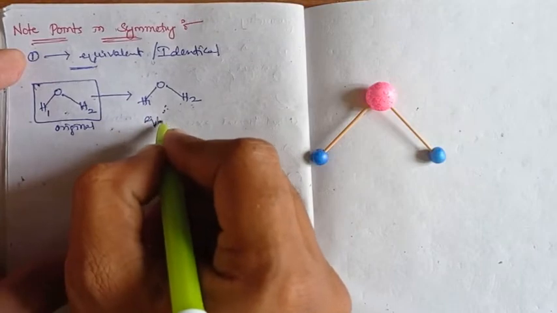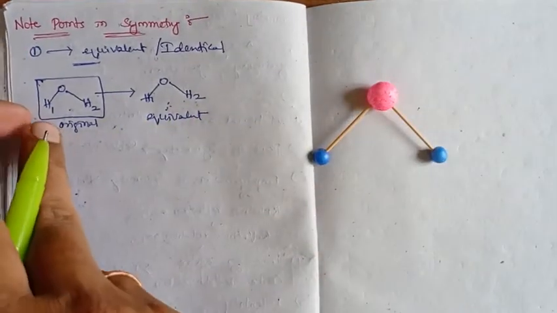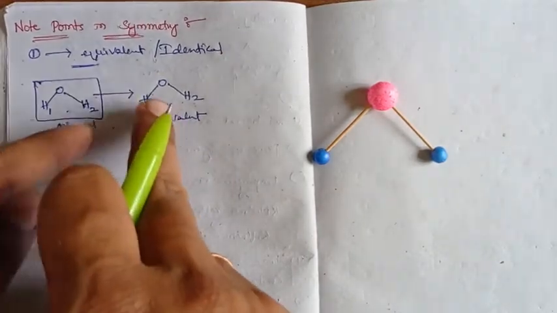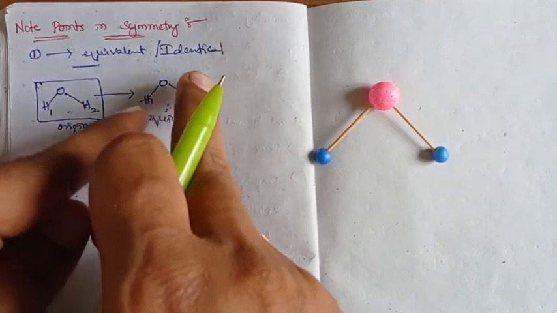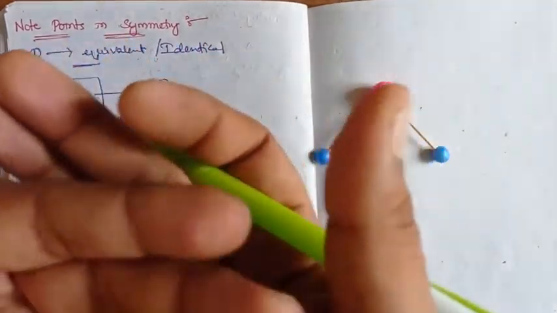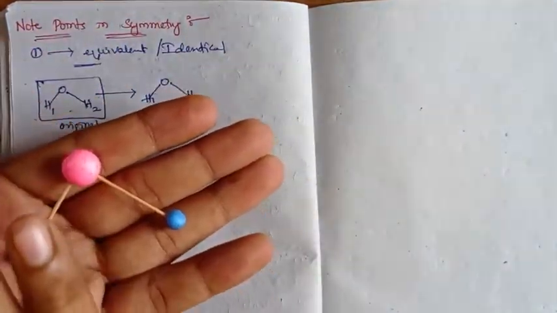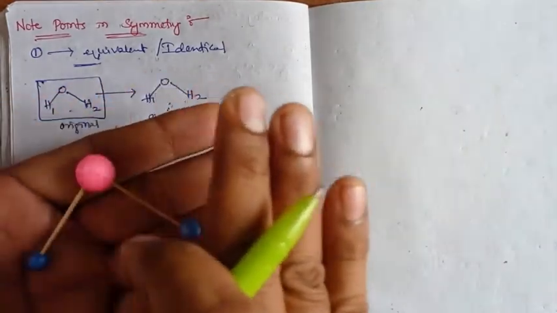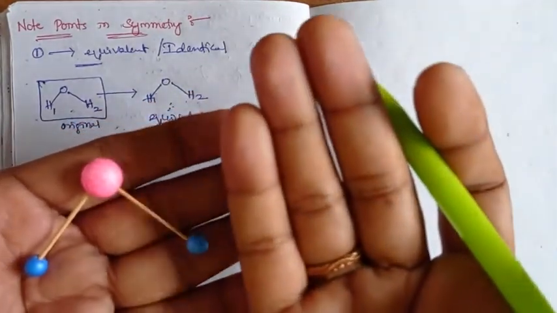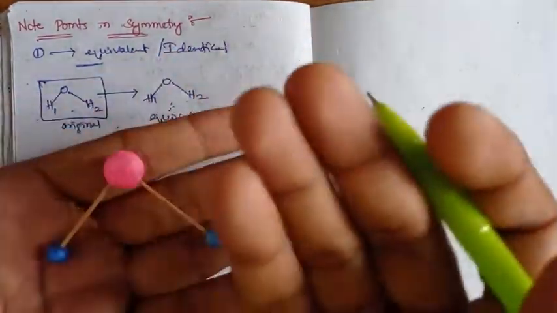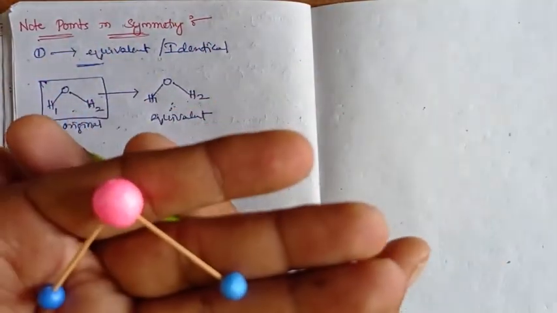It would be equivalent only, even though H1 is in the H1 position, H2 in the H2 position, and oxygen in the oxygen position. But the phases of the oxygen get changed. When we coat the above half of all the atoms with a different color from the below half, after we apply the plane, the below colors become above, and the above colors get into below.